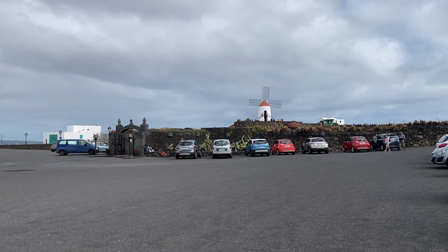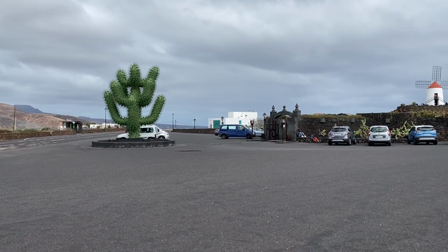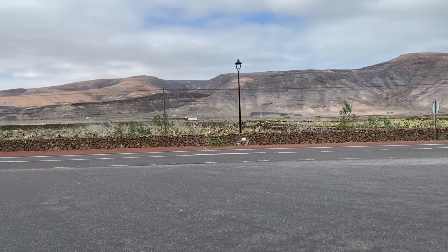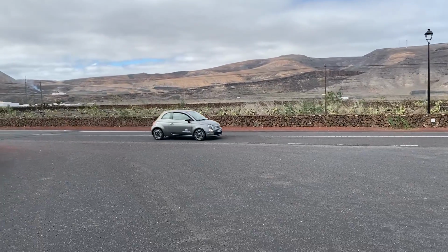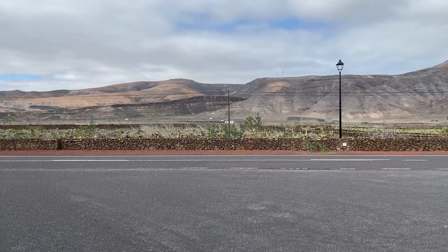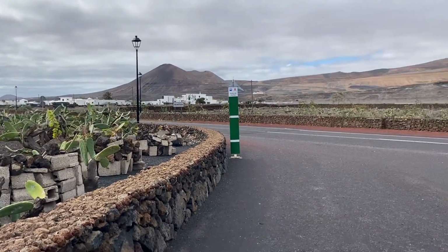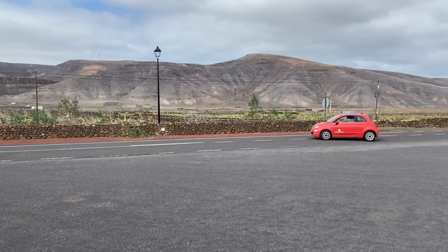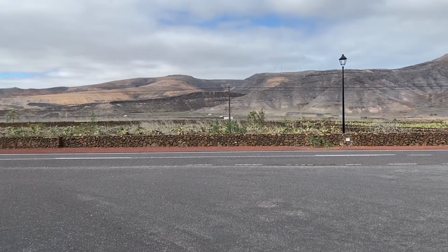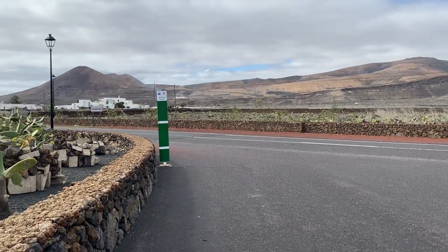So many of you will recognise this as the Jardín de Cactus, the Cactus Gardens. Manrique's last work before he died, and it's an old quarry that he turned into the most beautiful cactus garden here. And the reason he did it was because, as you can see all around us on this main road in Guatiza, there are fields of prickly pear cactuses, and you see them on both sides of the road all the way down. And this is because the cochineal beetle industry was a very important earner of income for the islands